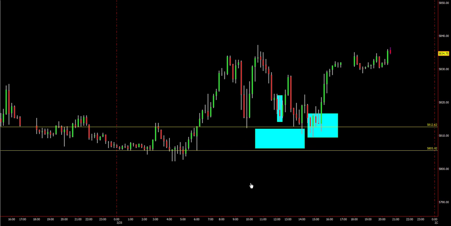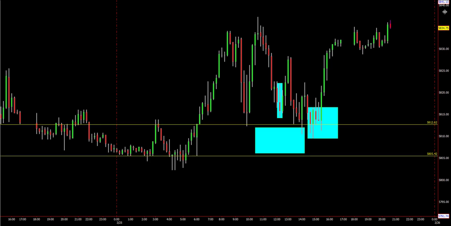All right. So if you want to take a long here, what can we do? We always want to go with 50% of the rejection point in the subsequent bar. What does that mean? Let's check it out. This bar right here is your breakout using the bullish engulfing. So our best bet is, I will put the price